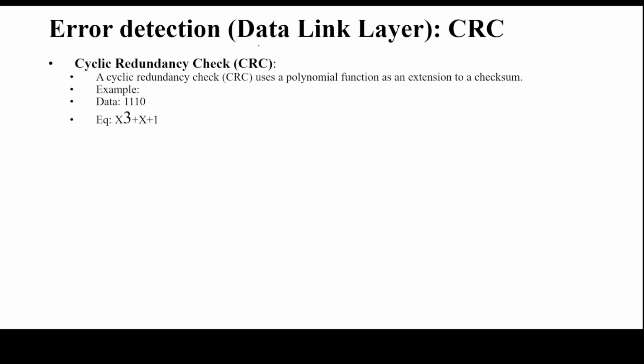So in this session, we will see one more method for detecting multiple errors, that is CRC, named as cyclic redundancy check. This is one of the extended versions of the checksum algorithm which uses a polynomial function as an extension. In this case, whatever data is there, along with the redundant CRC values we need to send to the receiver. So in that case, only the receiver will identify whether there is an error or not in the